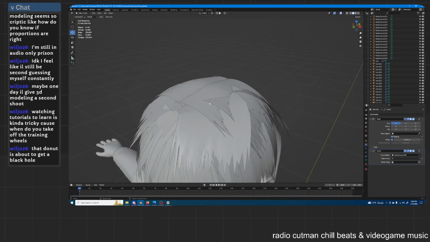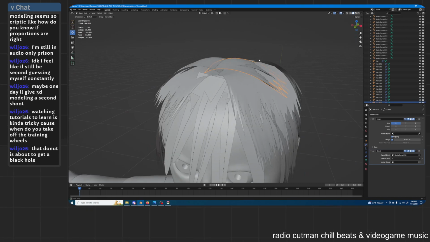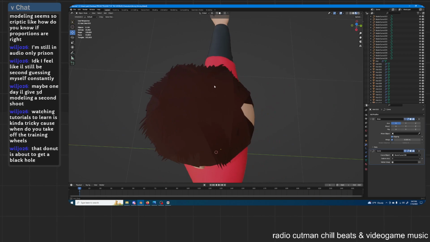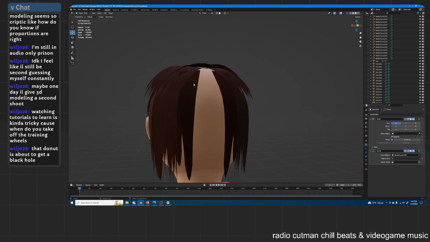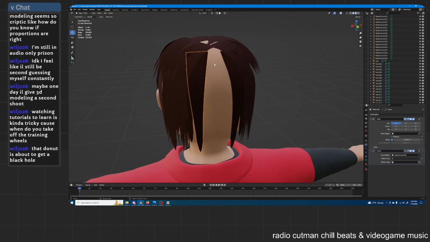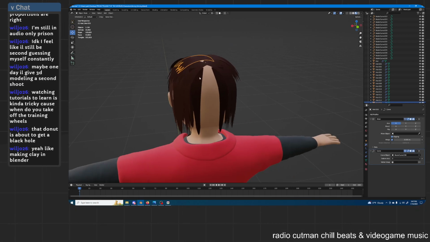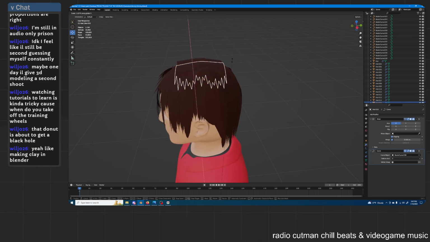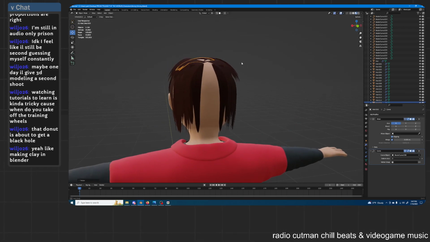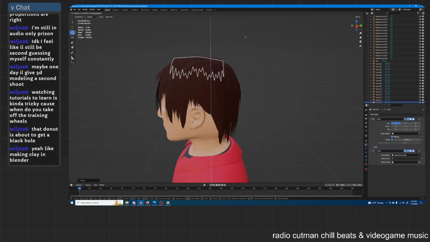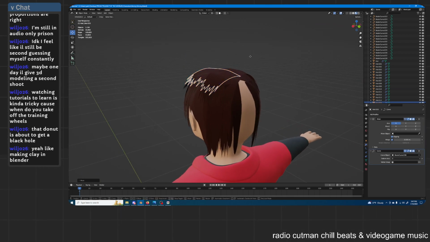kind of helps. I know I had a lot of fun looking at some of the tutorials for the physics simulation in this and just making it do whatever I want. Just playing with it is so much fun. Like making clay in Blender. Exactly. But yeah, just have something in mind and then give yourself the opportunity to play with it, I suppose, would be a good way to